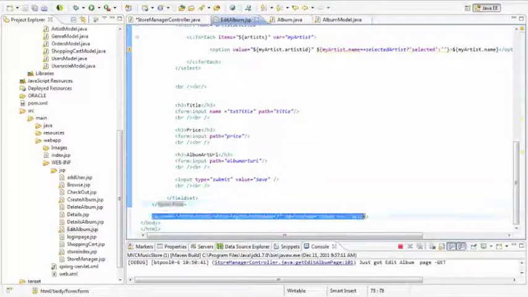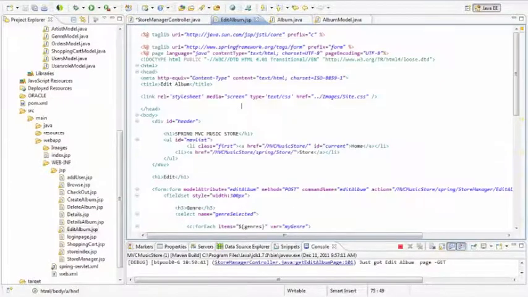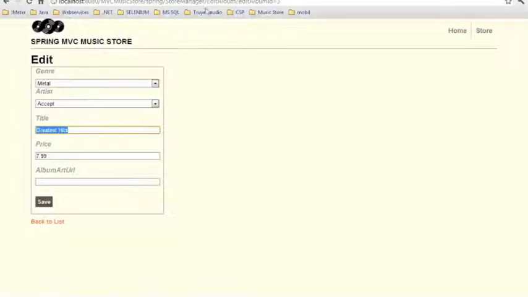This one is to go back to the list, see, and the address I want to come back is StoreManager. Clear? So I hope everything we need for edit the album,